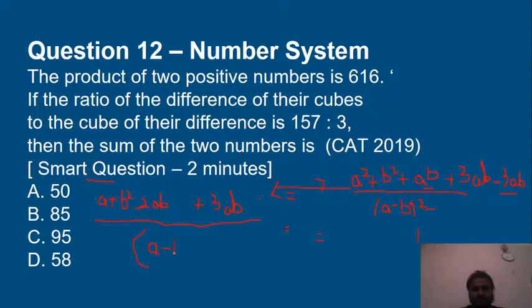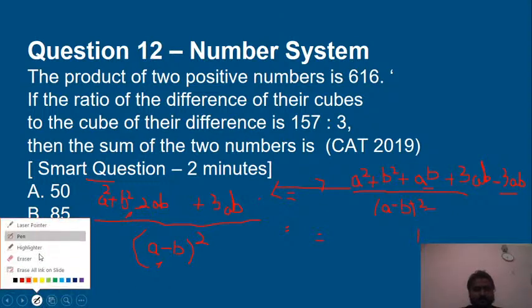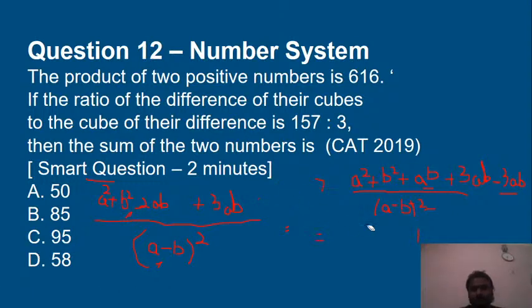minus b whole square. Now some of you would be asking me why you wrote it like this. See, now this a square plus b square minus 2ab is nothing but a minus b whole square, that is, this term and this term are the same. So in the next step what we are going to do is